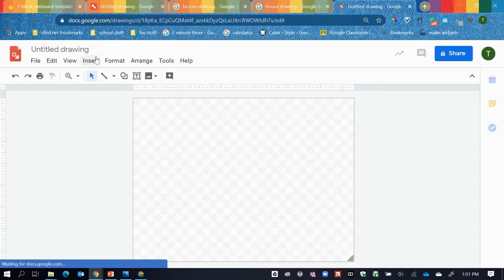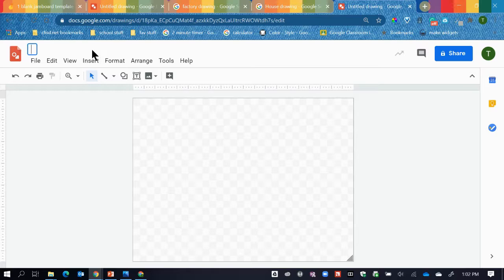Now, this will automatically save in your Google Drive as an untitled drawing. You probably want to create a new title. So I'm going to label this graph template. You can, in fact, just leave this exactly like this and just name it blank template and assign this for your students. This will give your students the entire options that are available to them to create it based on